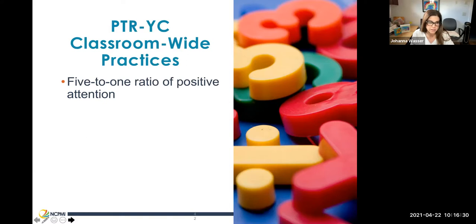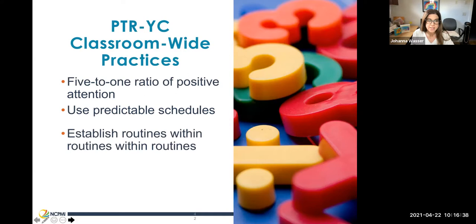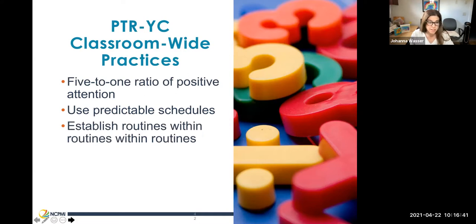So predictable schedules. So having that visual daily schedule is essential, and that it's reviewed often, and that we have some sort of systems behind that. In addition to each one of those activities, that we have established routines within routines within routines to all of those activities. And that sometimes takes a bit of time and practice and